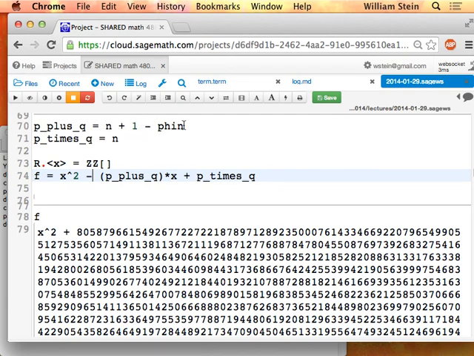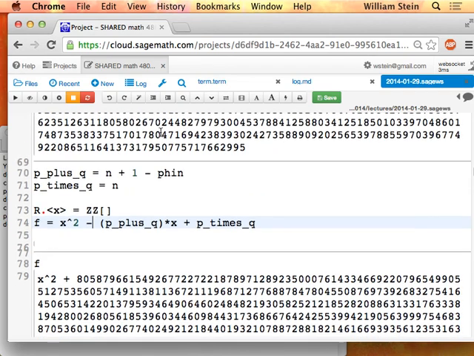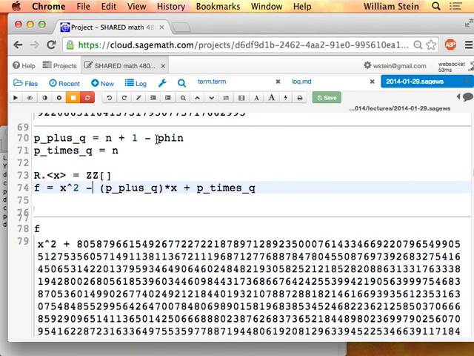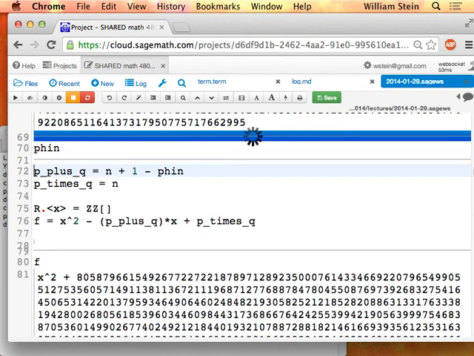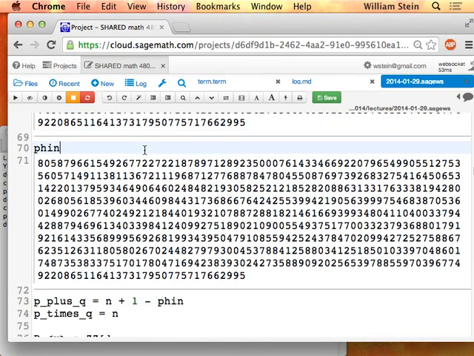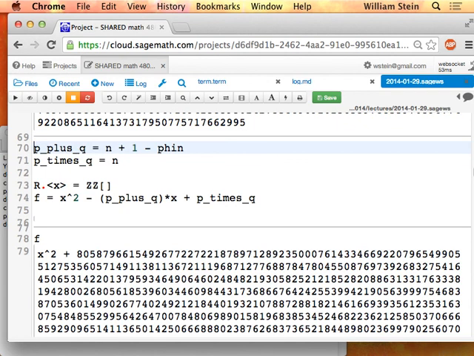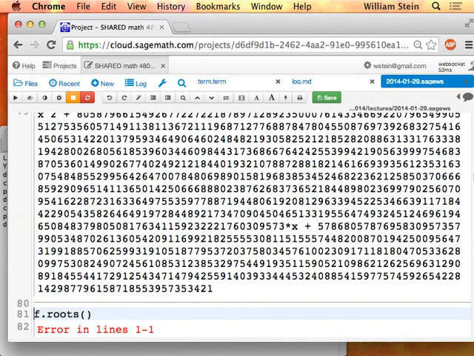N plus 1 minus phi of n. Or maybe I bet it's my sign of phi of n that is wrong. I bet you phi of n is negative. Or something like that. Nope. But you're right. Let's just try the other sign and see what happens. Plus. Okay, now at least that's